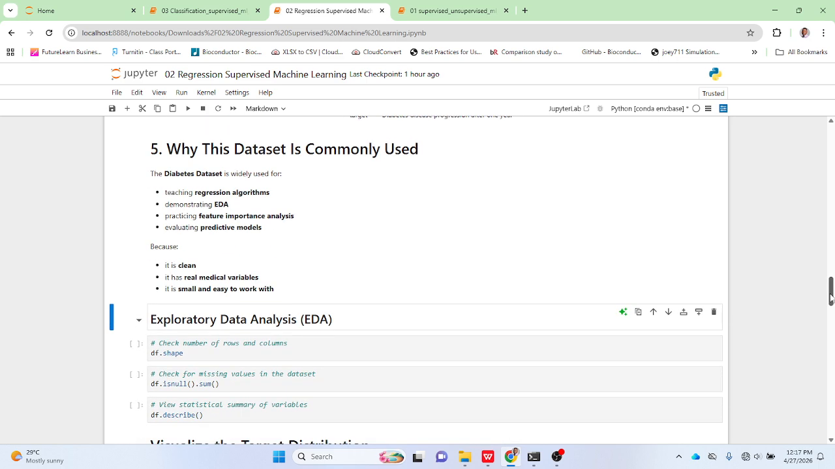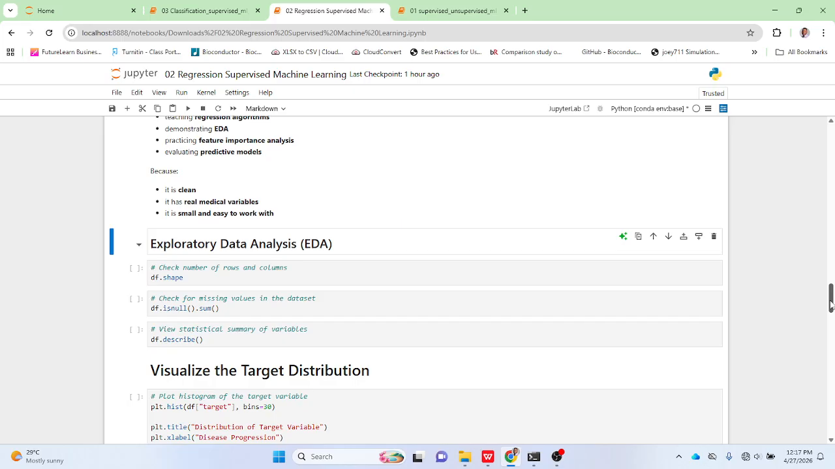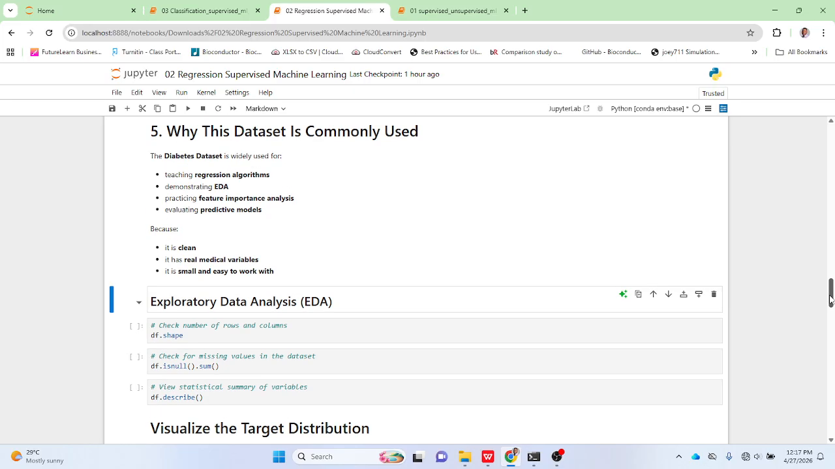Then why is this data commonly used? It's a common data set to illustrate regression models because it is already cleaned and all of that. All right. So now after importing your data,